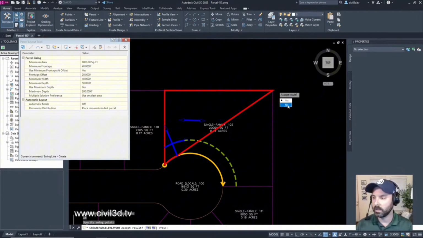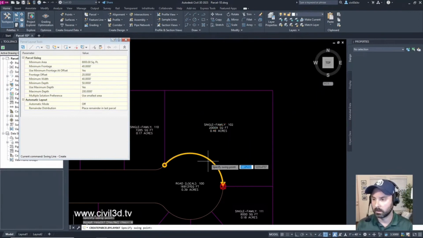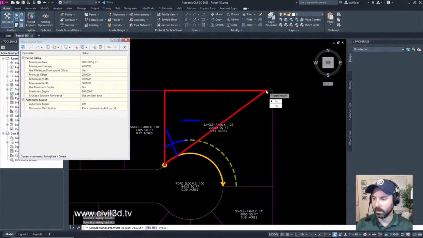Well, what if I tried this? I'm going to turn off my snap. I'm going to select right here. Nope, that does nothing. That does nothing when I click in the front. What if I click over here?